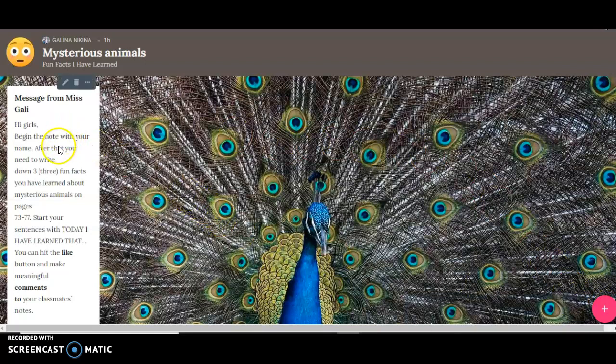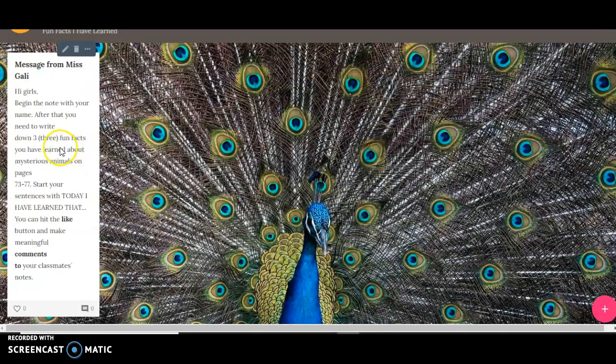It says here that you will begin your note with writing down your name. So this way I can identify who wrote this note. After that, you'll write down 3 fun facts that you learned from the text that I left for you. You'll start the sentence with, today I have learned that, and you will write down 3 facts about the animals